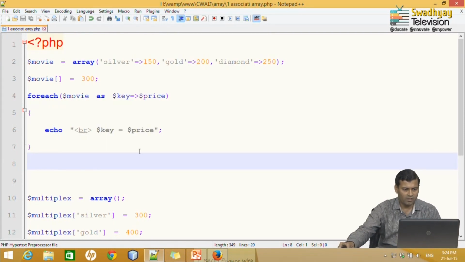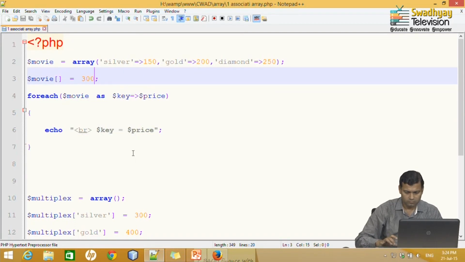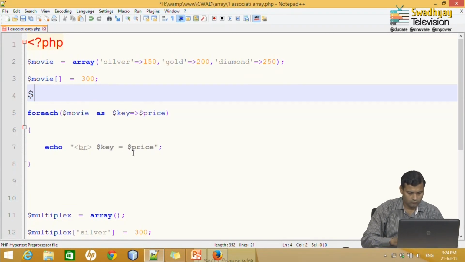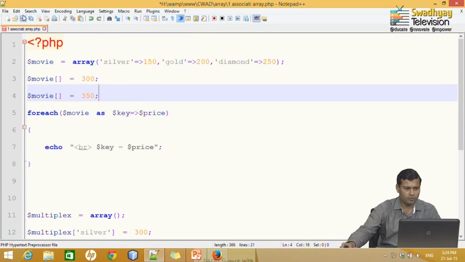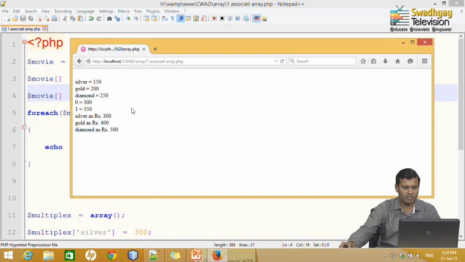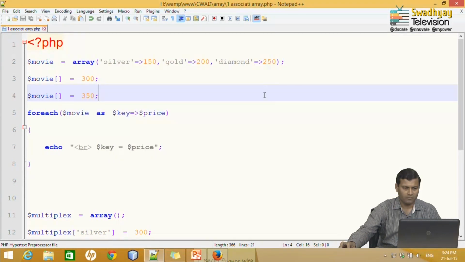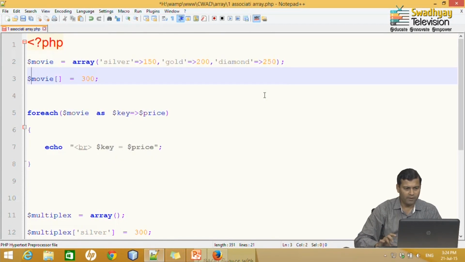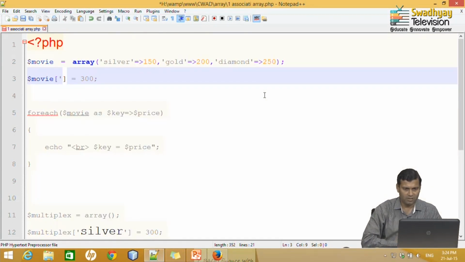Suppose I define another value, let us say $movie, and define 350, and as I use a foreach loop, it will increment the index. So, now it will display 0 and 1, right. But if I want to define any key, I can also define it, like say platinum.